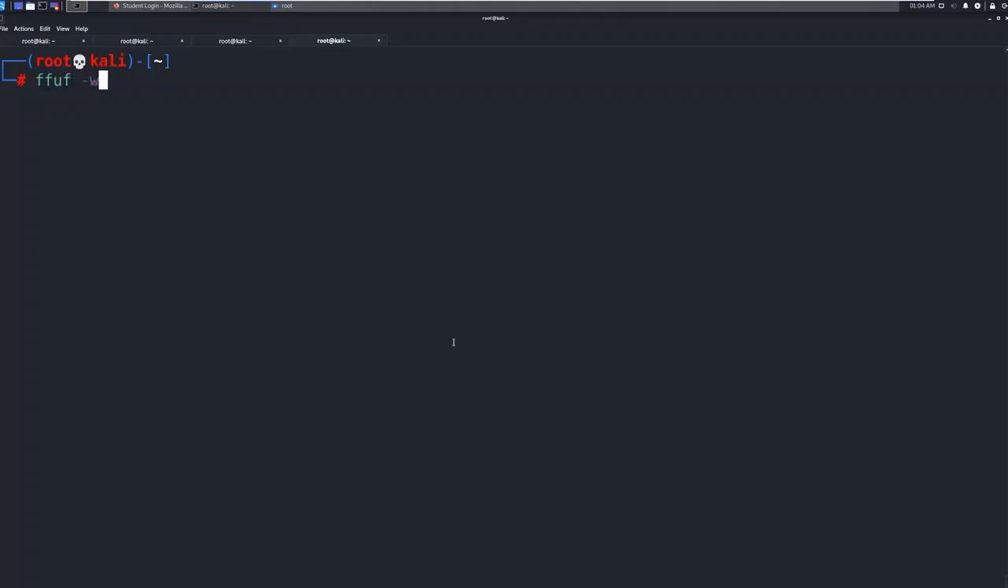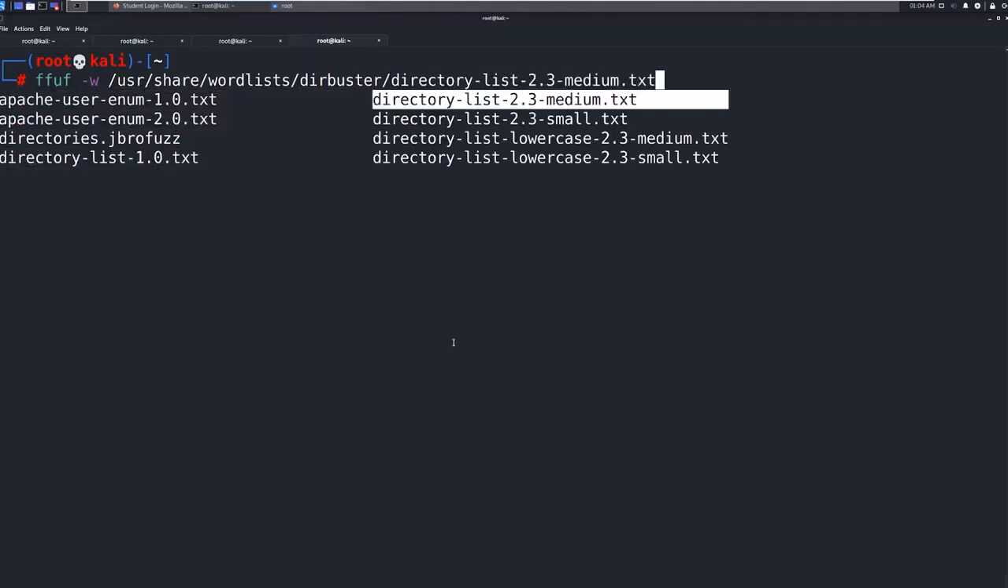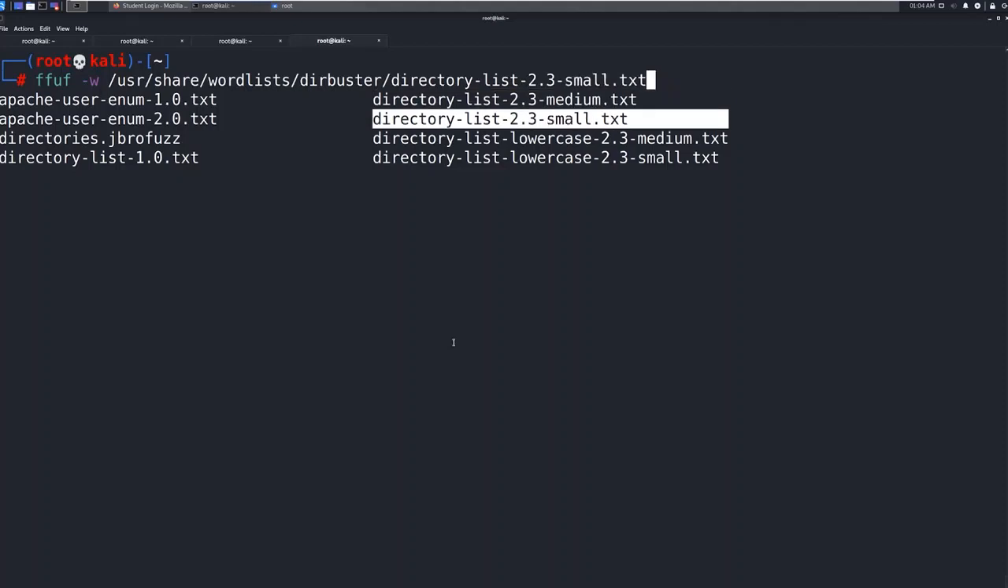Do a -w. That is for word list. And your word list should be in /usr/share/wordlists. And we can do dirbuster, that's fine. This is where all the word lists are. And then I just like to double tab or tab around, and we're going to use the medium word list. That's my go-to for most cases. We could use the lowercase if we wanted to. I think either are fine. Okay. From here, we're going to go ahead and